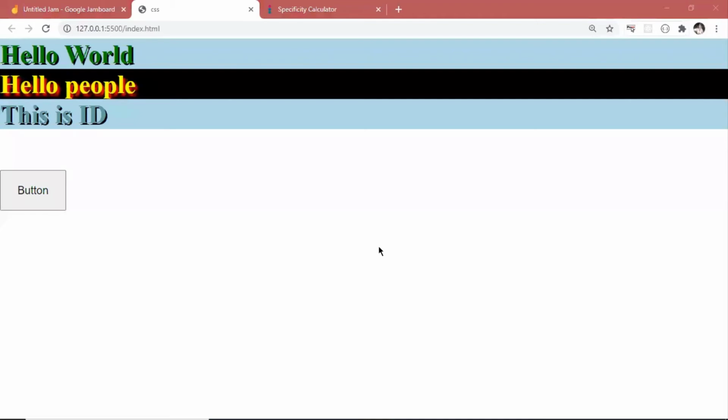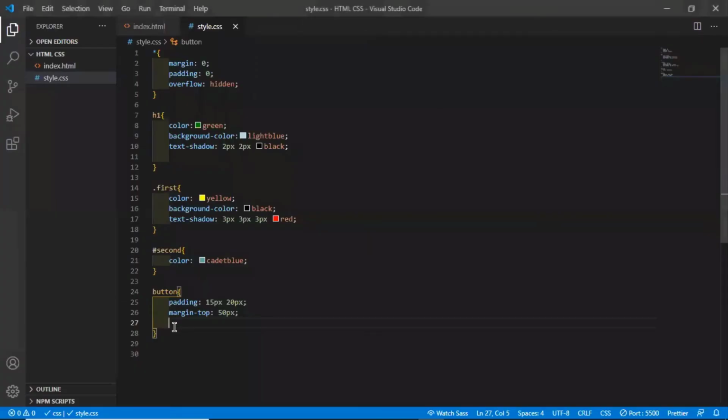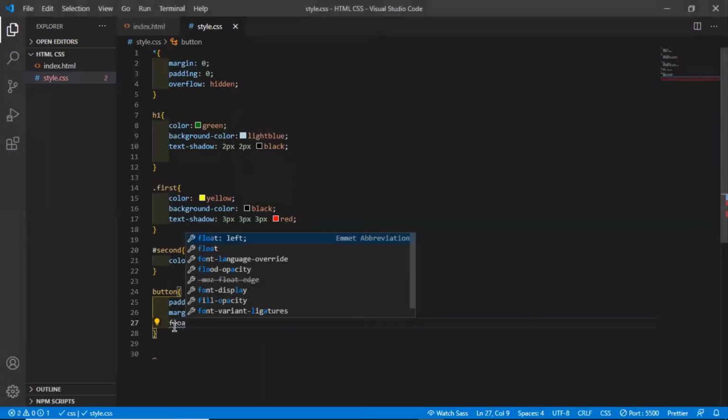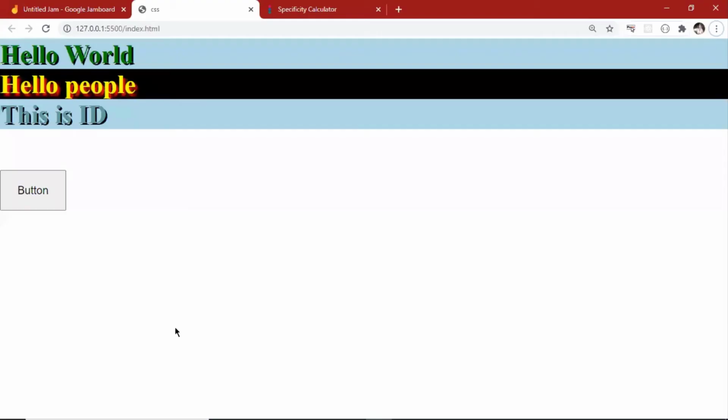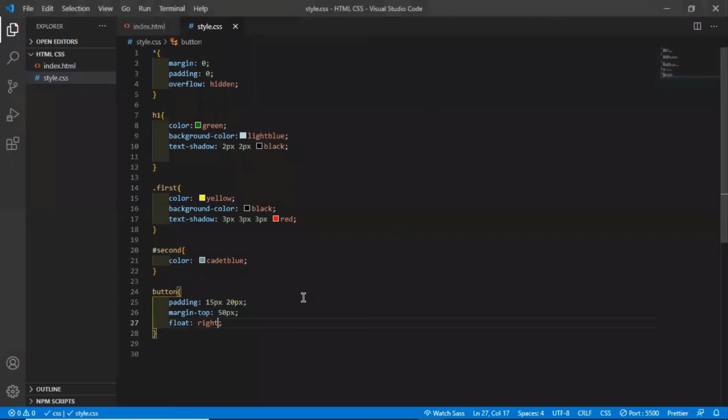To do that, you can either give it a float. The float value can be inline start, left, right, none. So I will give right. See, the button just got shifted to right. But if I give it, let's say, working with flex.